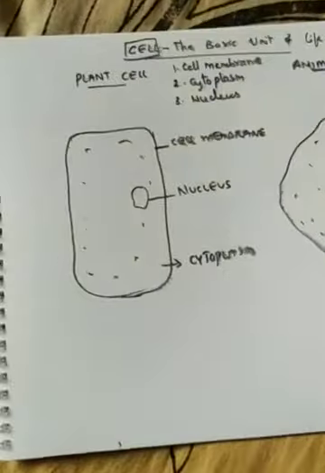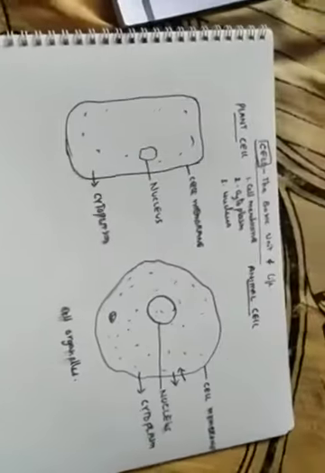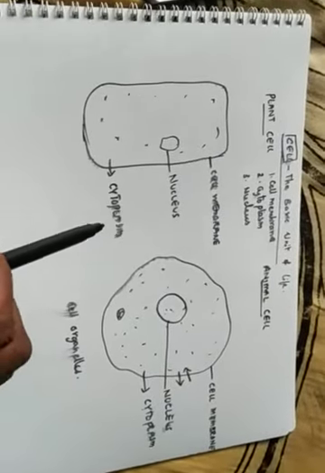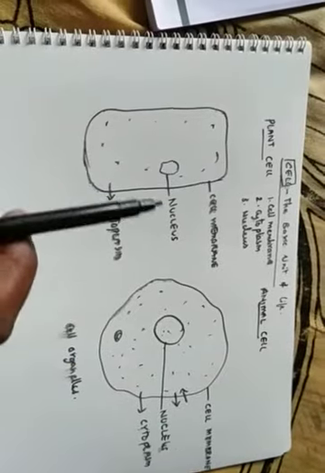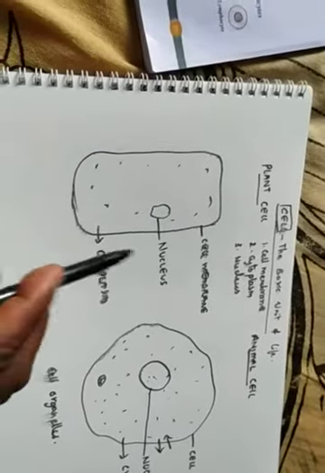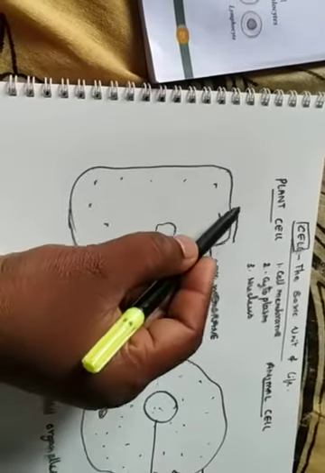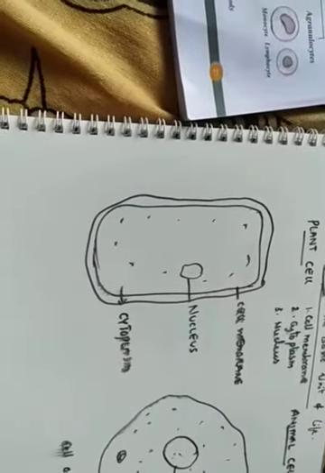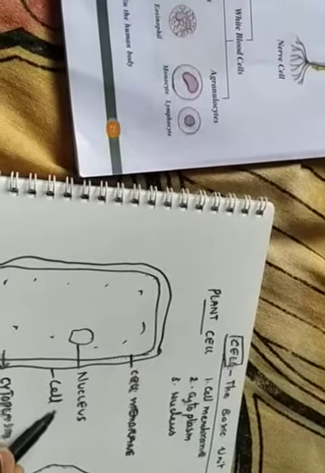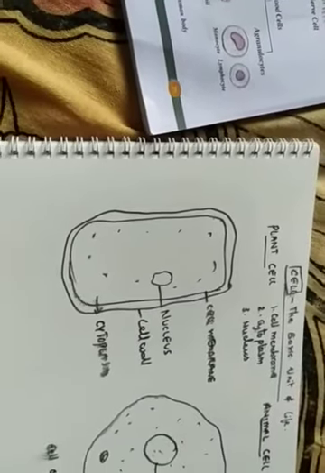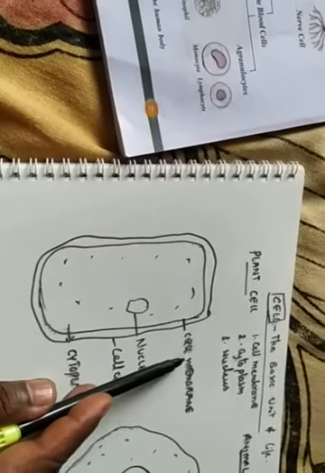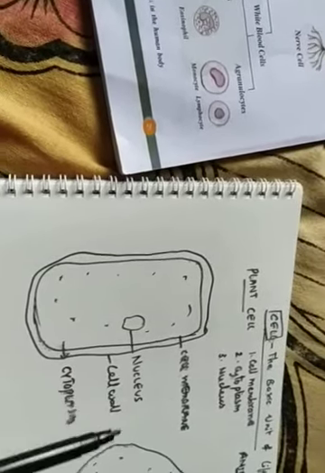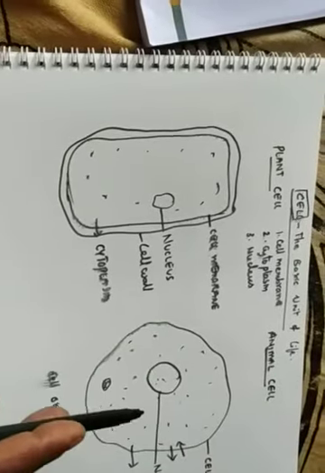Now I want to tell one more important point. When you see plant tissue, animal tissues and the plant cell and animal cell, we learned that there are three major parts: cell membrane, nucleus and cytoplasm in both animal cell and plant cell. But in the plant cell, other than the cell membrane, there is one more covering present after the cell membrane. This is called cell wall. We already learned that the cell membrane gives the shape and allows substances to move in and out, right or wrong? But what is the cell wall, which is present only in the plant cell, children? It is absent in animal cell.